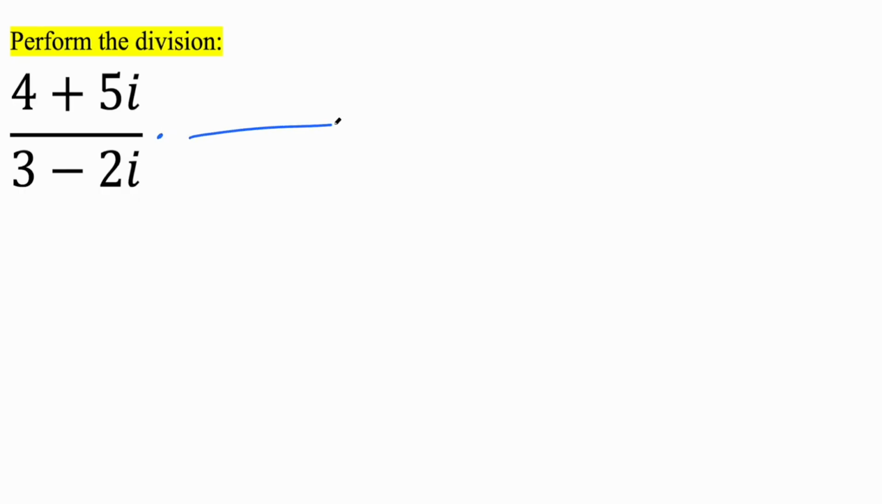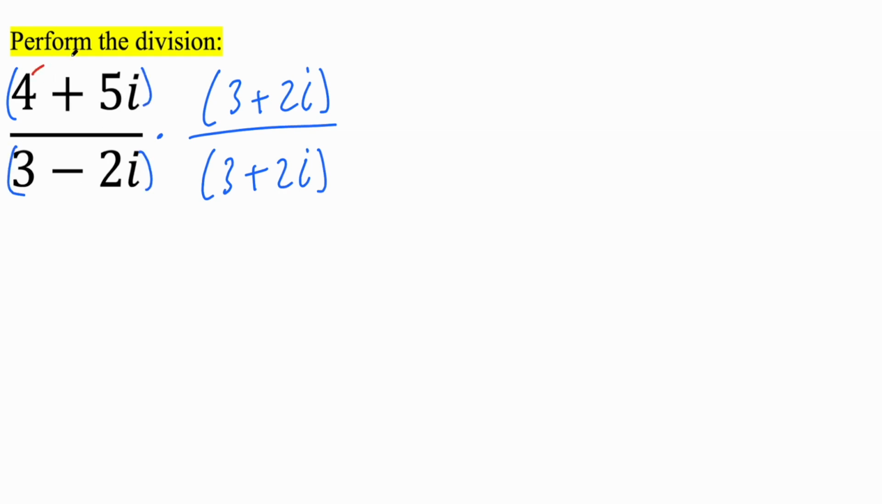So let's do it. What we're going to do is say 4 plus 5i divided by 3 plus 2i. We'll put parentheses around these two pieces. Now we're just going to multiply it out. We're going to take 4, multiply it by 3, take 4, multiply by 2i, take 5i, multiply by 3, take 5i, multiply by 2i. So 4 times 3 is 12, 4 times 2i is 8i, 5i times 3 is 15i, and 5i times 2i